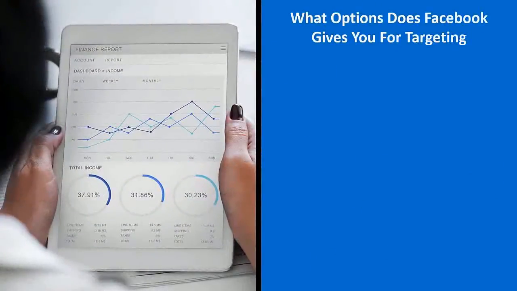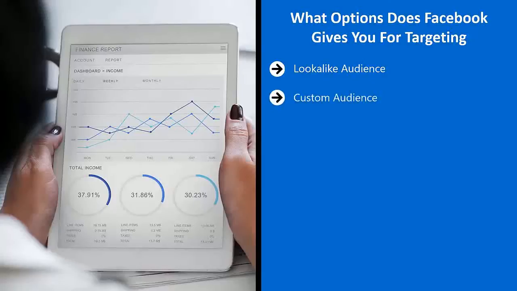What options does Facebook give you for targeting? As I mentioned several times in this training, Facebook can actually help you target your demographics in many ways. Here are just some of the many robust targeting options available on Facebook. Lookalike audience. This feature allows you to profile your existing audience or people who have already interacted with your brand. The hope is that once you figure out the profile of the person who's already interested in your brand and apply it to filter people who haven't seen your brand before, people who see your ads will behave like your known customer.